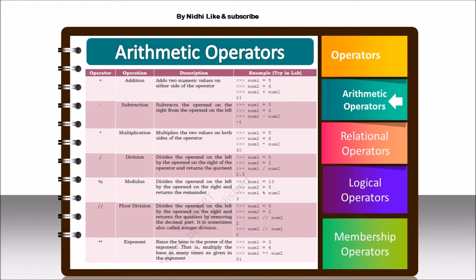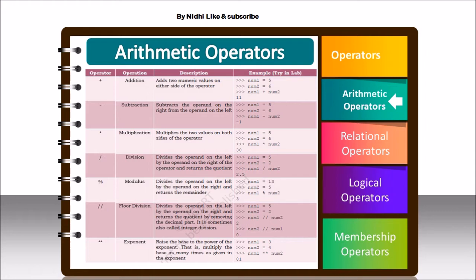Similarly, this slash symbol is known as division. It divides the number that is on the left by the operand on the right side. So the left is divided by the right operand. See, if 5 is divided by 2, it will give you 2.5. Now 5 and 2 are integer values, and when we are dividing them we are getting 2.5. So internally 5 and 2 are also converted into floating point, that is 5.0 and 2.0, so that you can get 2.5 as a result.